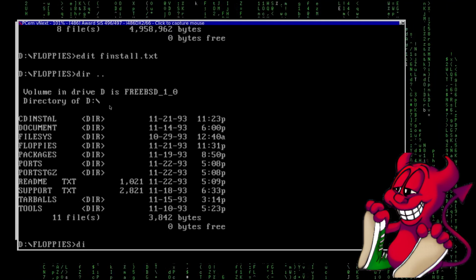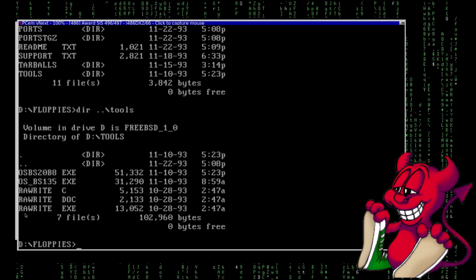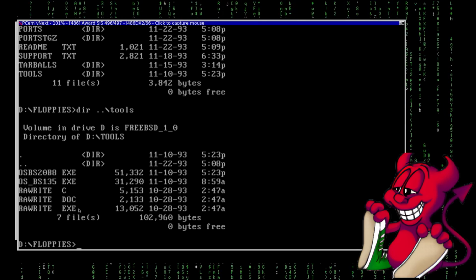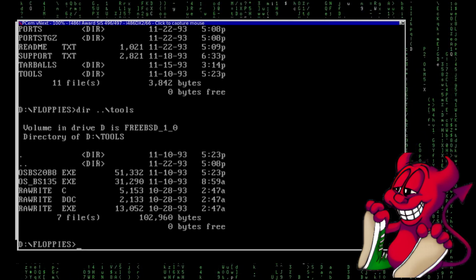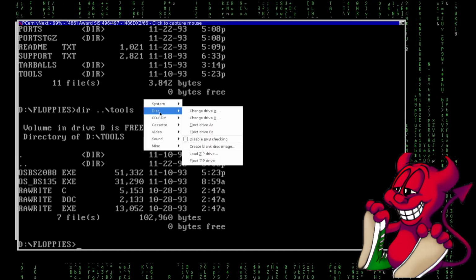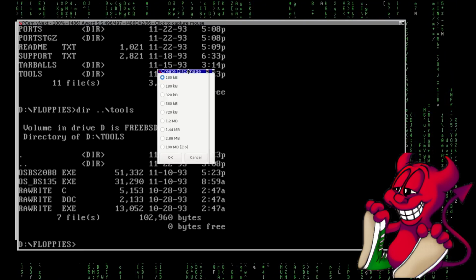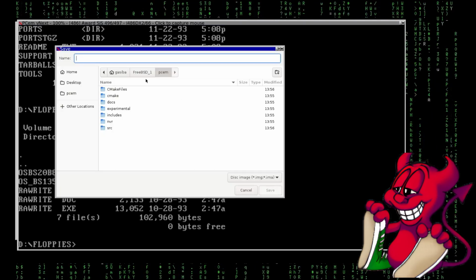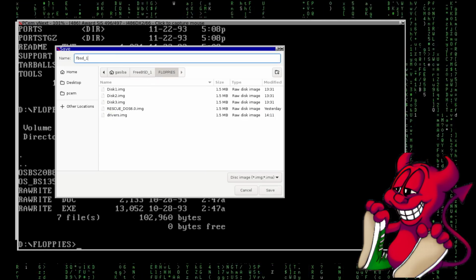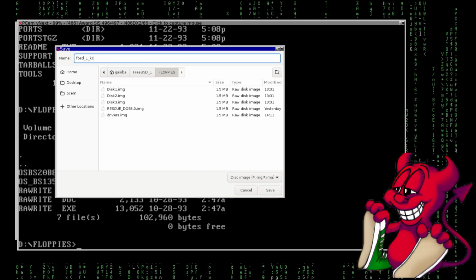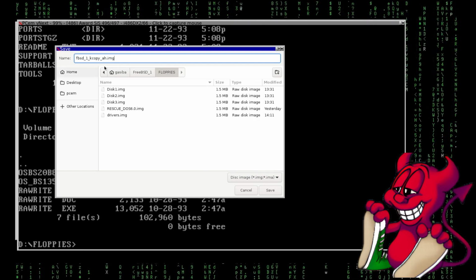Here there are some tools. So we have the raw write for floppy disks, and this is the program that we're going to use to create our floppy drives. So let's start creating them. So disk, we're going to create a blank disk 1.44, and here in our floppies I'm going to say FBSD 1 kcopy ah.img. This is going to be our first floppy disk,